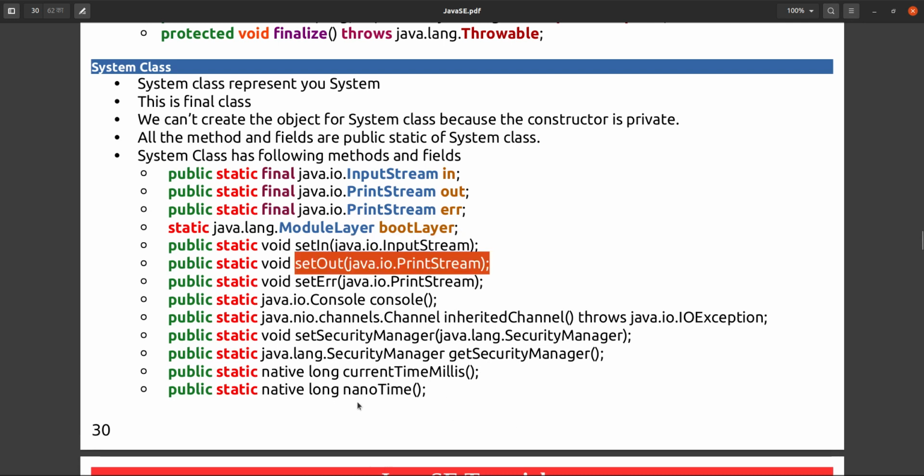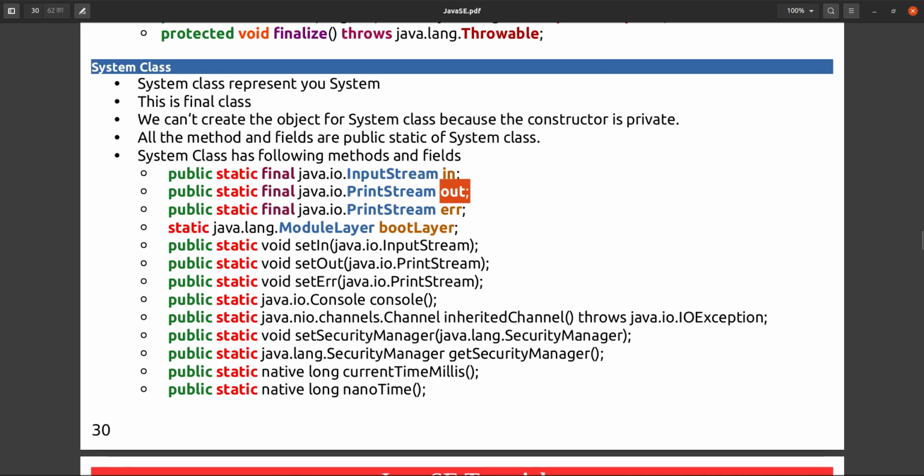PrintStream, if we want to set, that is also from the java.io package. See, java.io package. In the input output package we will learn what is InputStream and what is PrintStream. Okay, that we will see. We can set this one. By default, out is pointing to your default console, and in is pointing to your basic input device, that is keyboard.